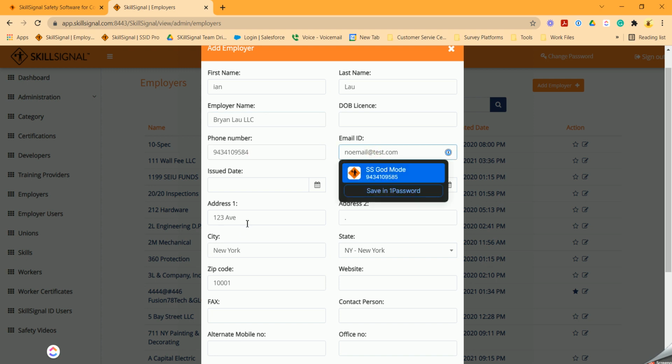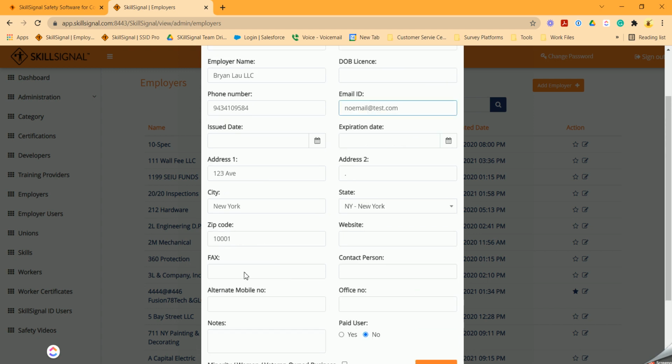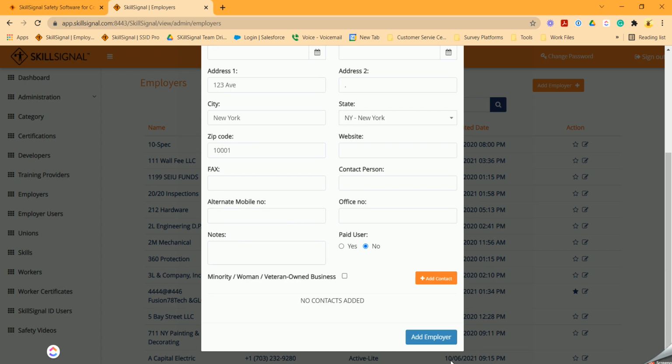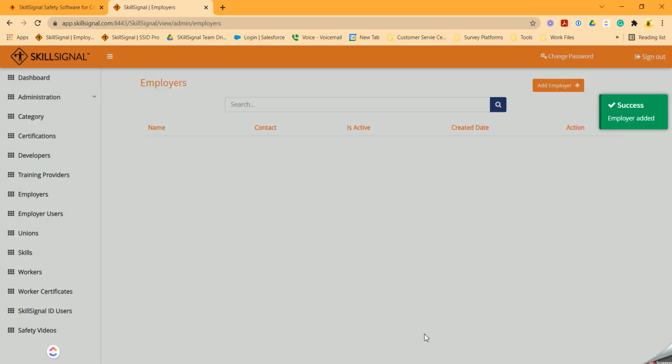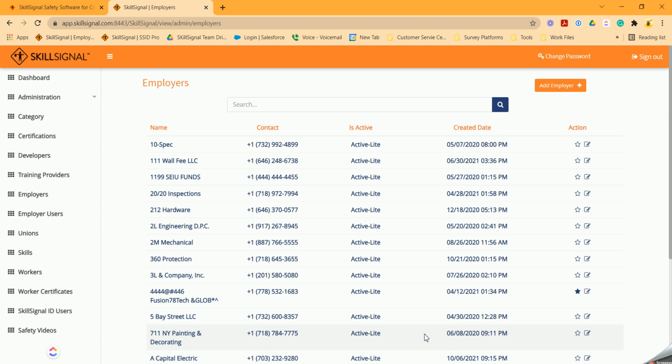and address. Those are the required sections. You cannot submit this if you have not filled out these sections. And just click on Add Employer, and that is how you add a new employer, otherwise known as a client or a subcontractor, in the admin portal for